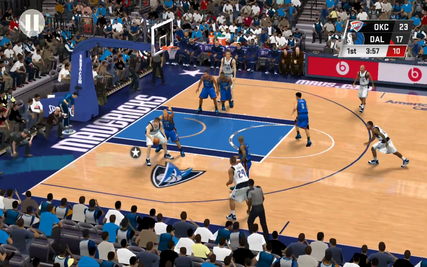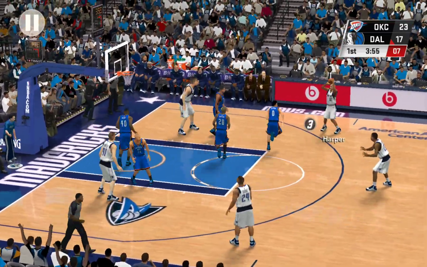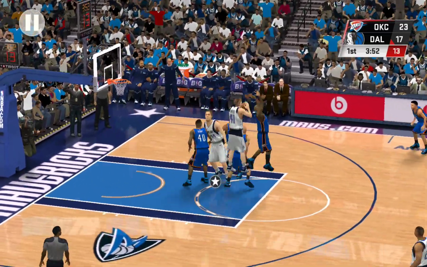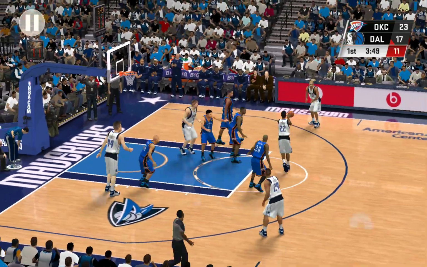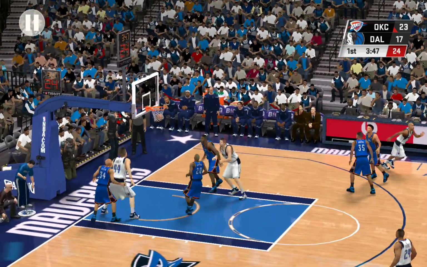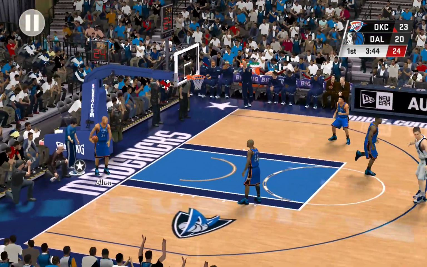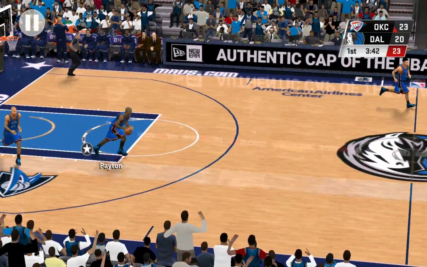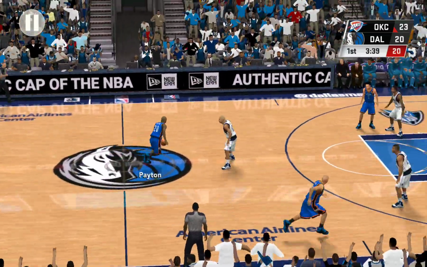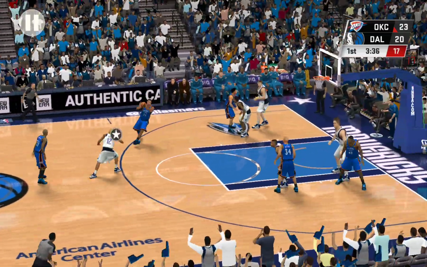Pass to Aguirre. Now Nowitzki. Here's Harper. Nowitzki in the post. Here's Harper. Fires from deep. That's good. That is not enough coverage. Got to do better than that defensively. Basically no coverage. I mean, defense did not look very good there.